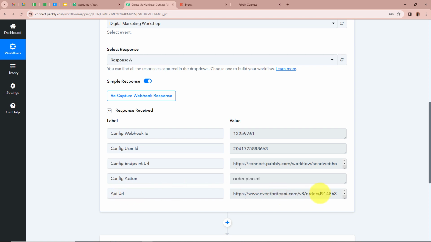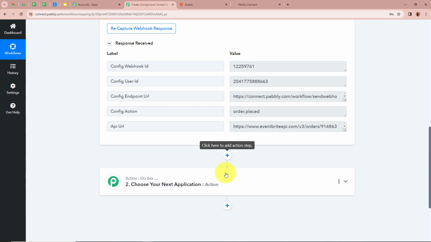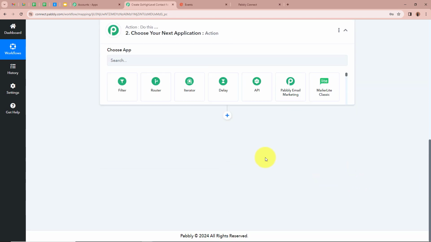And over here in the URL, you can see at the end of it, we have received an ID that is present right over here. This is an order ID. With the help of this ID, we are going to get the information of the order that we have placed right now. For that, we have to add an amazing feature by Pabbly Connect,